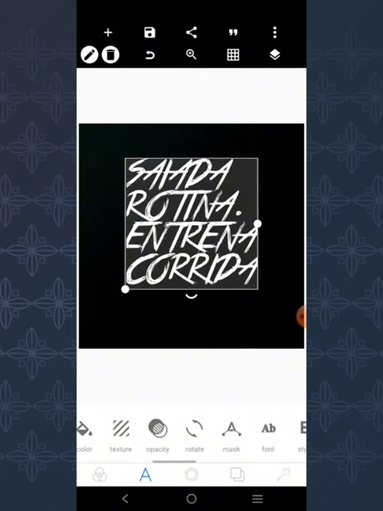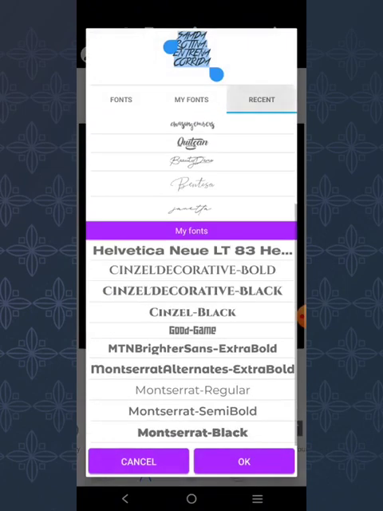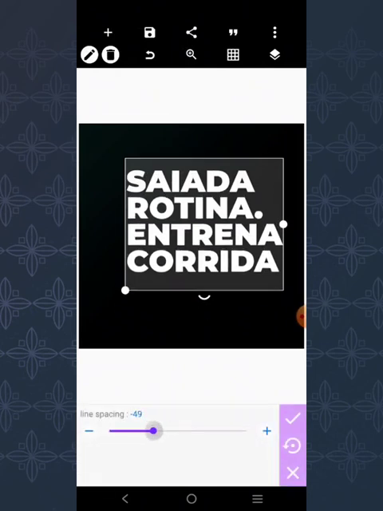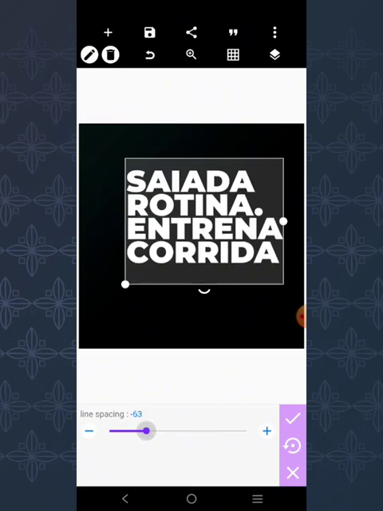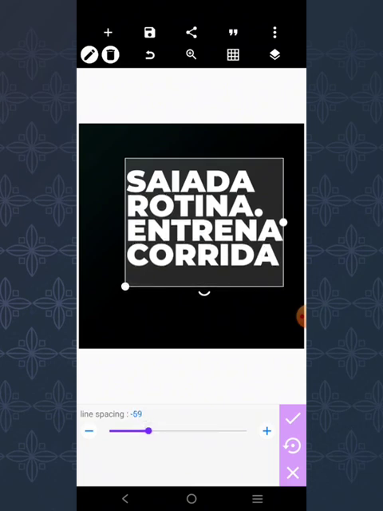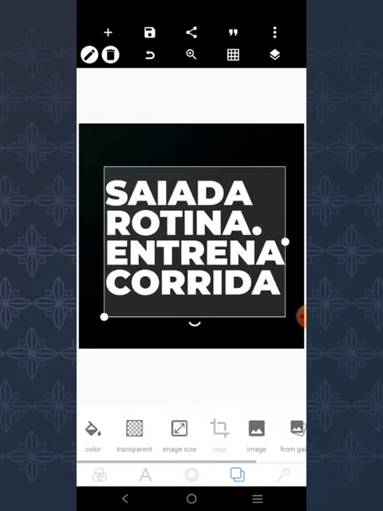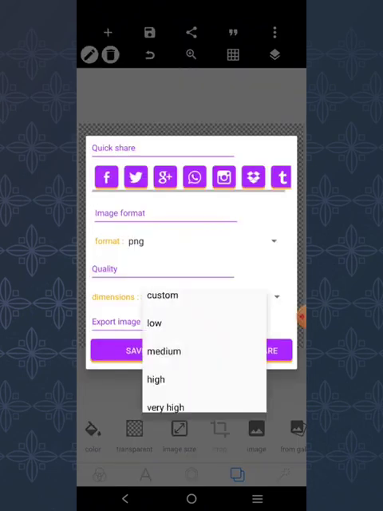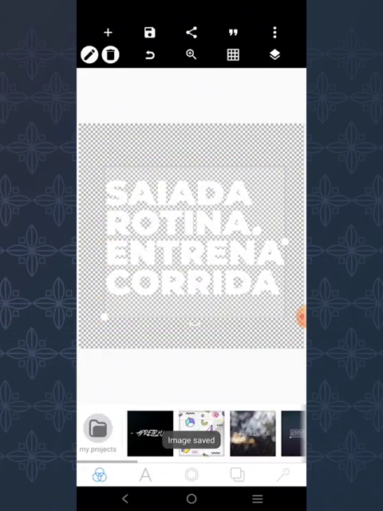We're going to go over here and get a decent font to use. Let's use this. Then we're going to close it up like this. All right, so just stretch it out and let the background be transparent like this. Come over here and save. All right, we've saved that, so we can come back to this original design here,